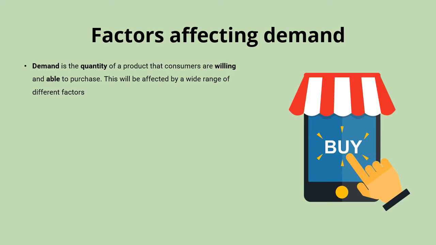And there are a huge range of different factors that are going to affect how this quantity demanded at each price might change. So you've got the price of other related goods. And if the price of a substitute good was to increase, then we say that's going to increase demand for the other good. So if the price of Samsung phones were to go up, then you'd see an increase in demand for iPhones, the competitor, the substitute product, because they would then look more attractive in comparison.